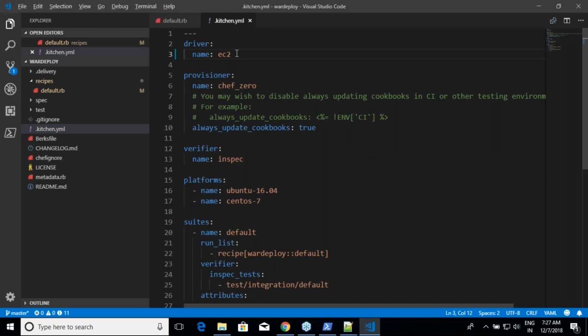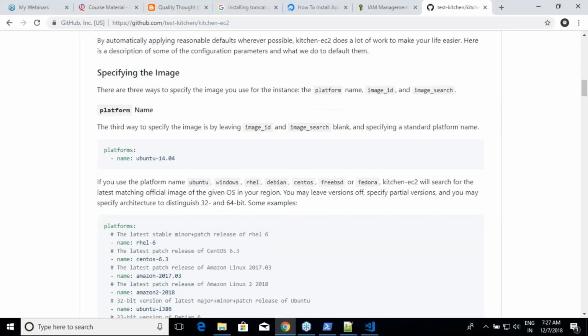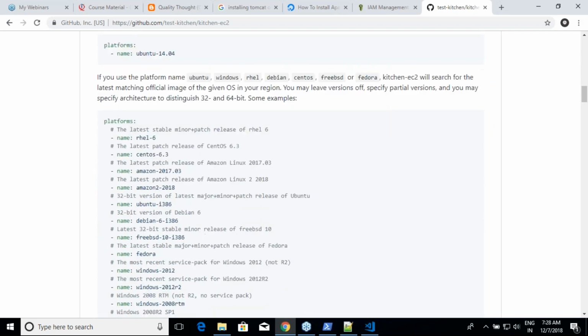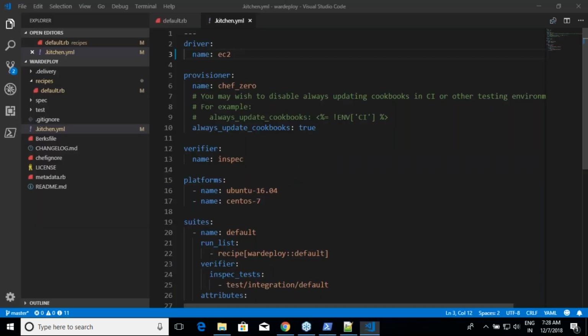Now you will have all the different fields which it will try to explain, saying that you can use the following platforms and all of that. The platform I am interested in as of now is Ubuntu 14.04, and I am really not looking for any other platform. If I want, I'll enable the other platforms as well, but initially I'll start with one platform.